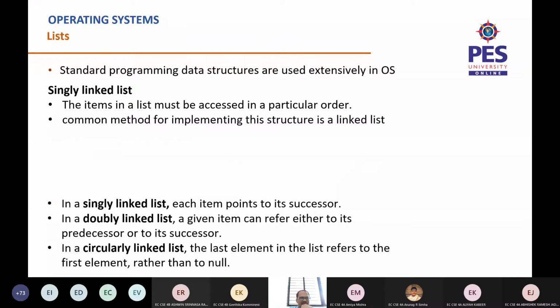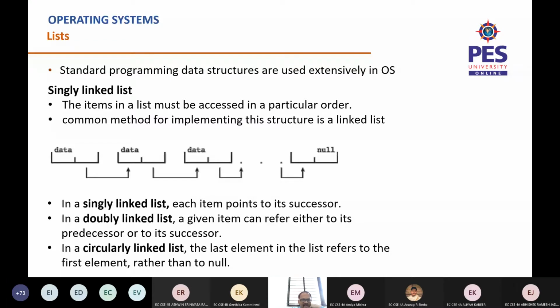A slightly advanced version of that is a list, which is used in many of these data structure applications, and even in the operating system you can find extensive use of this data structure. There are of course different types of list: singly linked list, doubly linked list, circularly linked list, and so on.